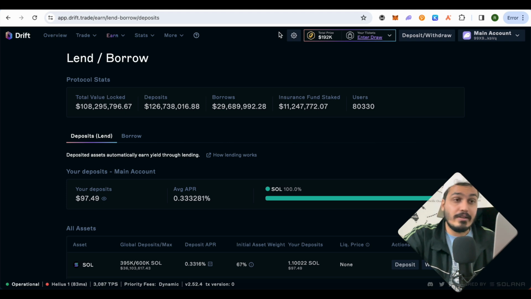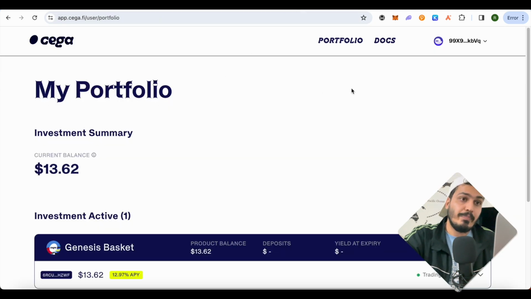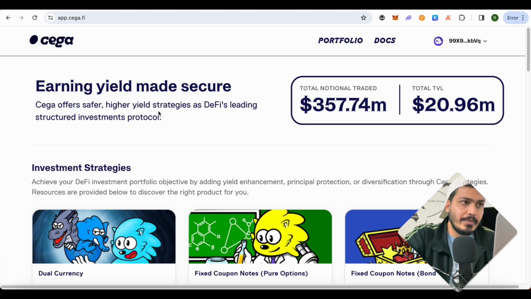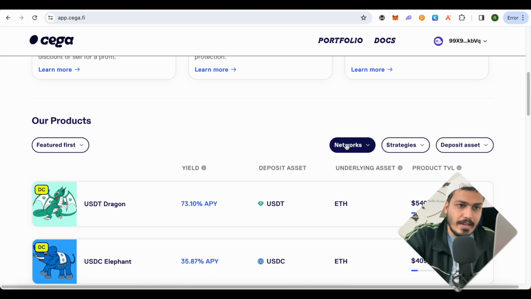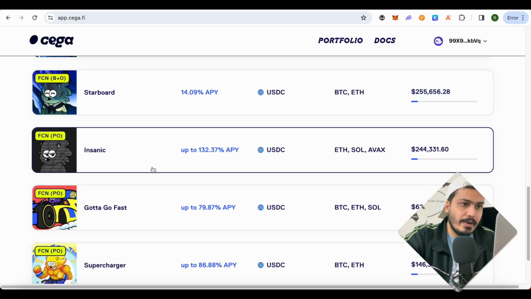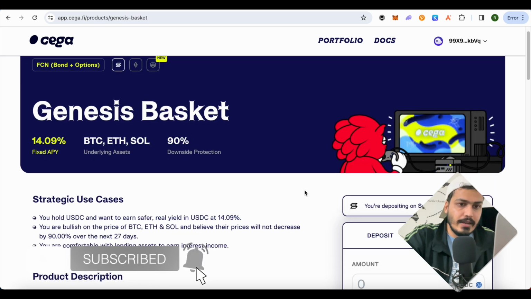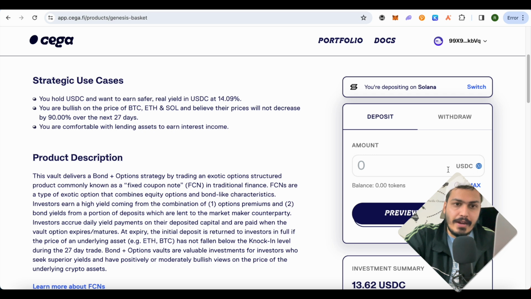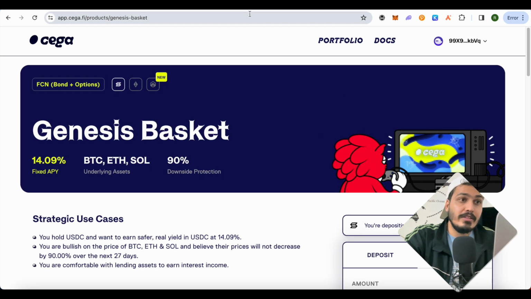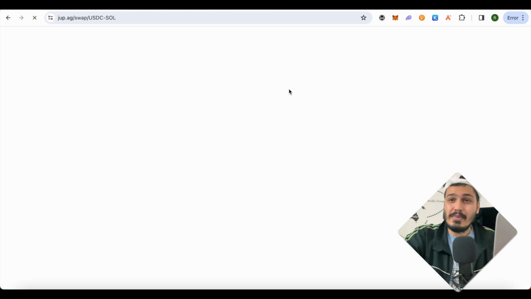Now let's talk about another project, and it is called Saga. All you have to do is just provide liquidity, and I have provided just a small liquidity over here. Just open up Saga and scroll down. After that select networks, then select Solana. Now you can select any of the projects over here. I selected the first one, and after that you can just simply enter the amount and deposit it. It is in USDC,